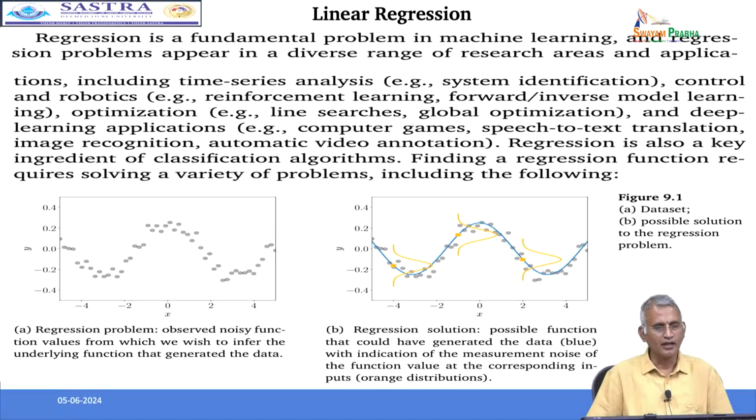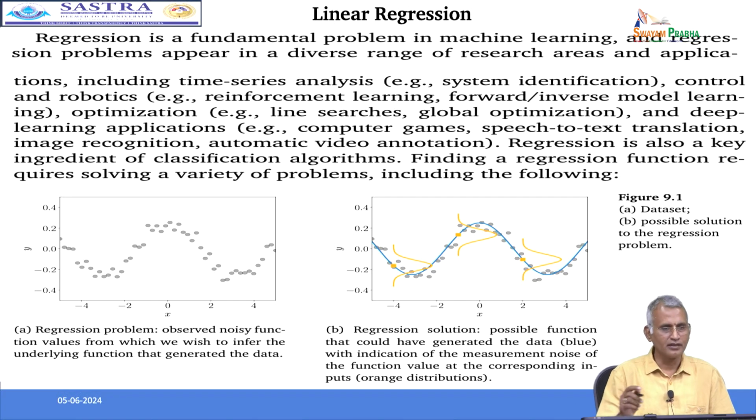Now, in connection with the regression line we discussed, some more theory we are going to discuss, and it will be very helpful in machine learning and artificial intelligence. So, this is the most required analysis. Let us start with linear regression. Regression is a fundamental problem in machine learning,